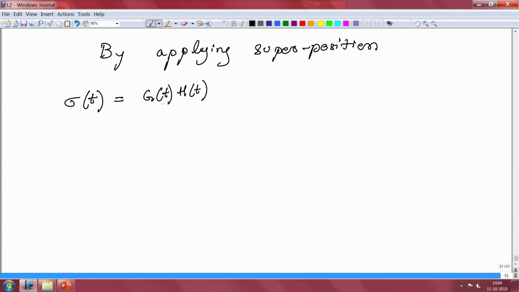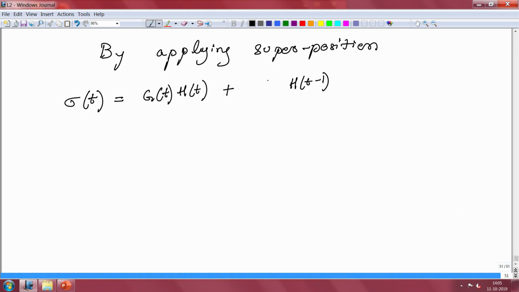So, the function G t, if you remember, when we were first discussing it, we had already said that for t less than 0, this function G t is also 0. So, we had defined it like that, right. So, this function would automatically become 0, but if you multiply it with H t, it does not make a difference. I am going to multiply it with H t so that I can write a consistently nice equation, right. So, this is the response to the first one. The next one is your H t minus 1.